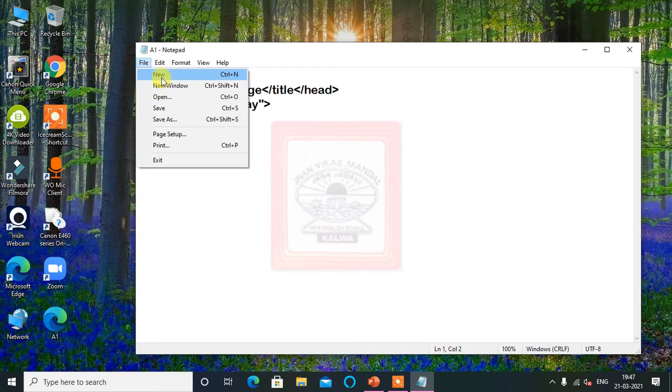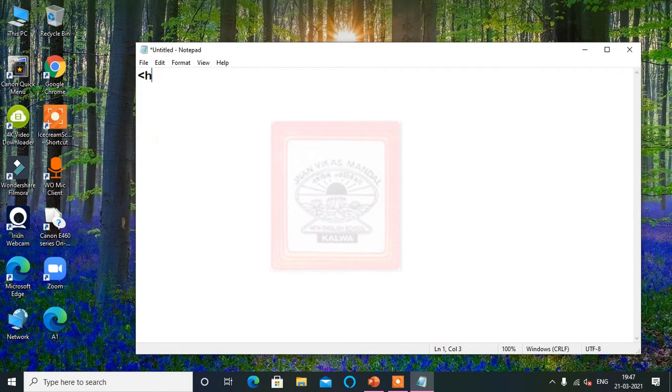Now we will open a new file, and here we will type another web page. Sorry, title is A2 page. Body here bgcolor we are giving. In the book it is given pink, so I am giving pink.